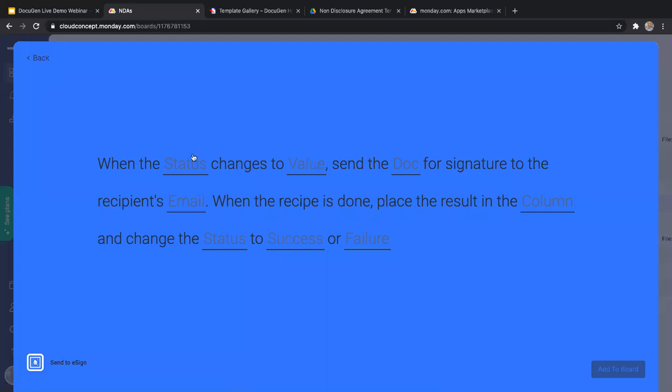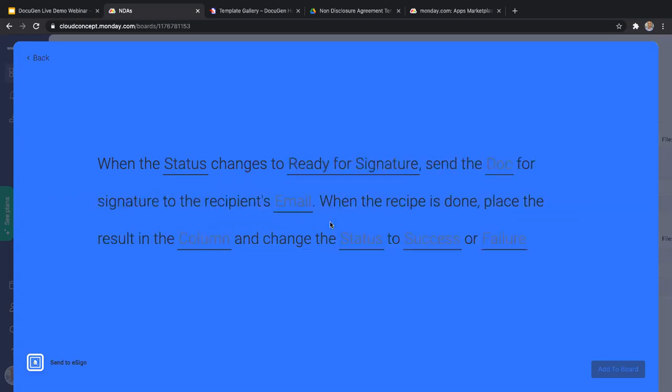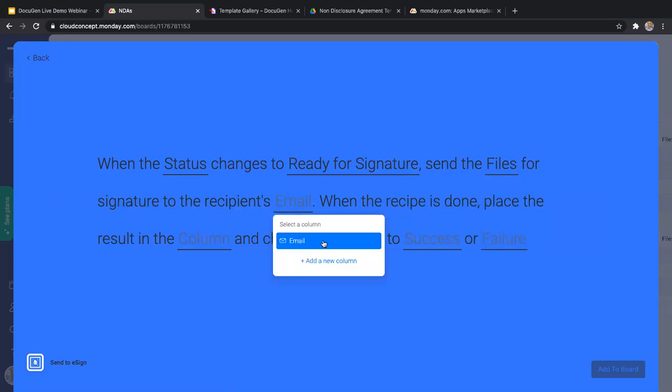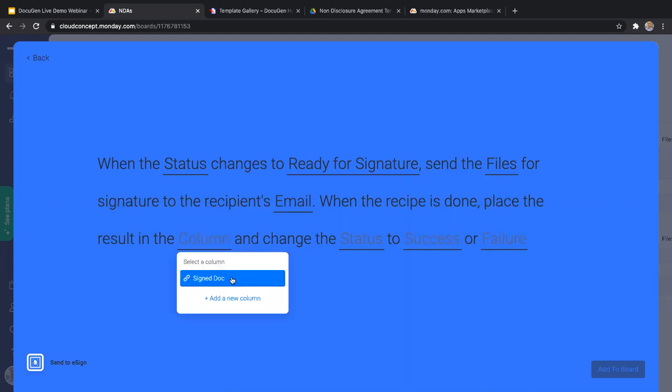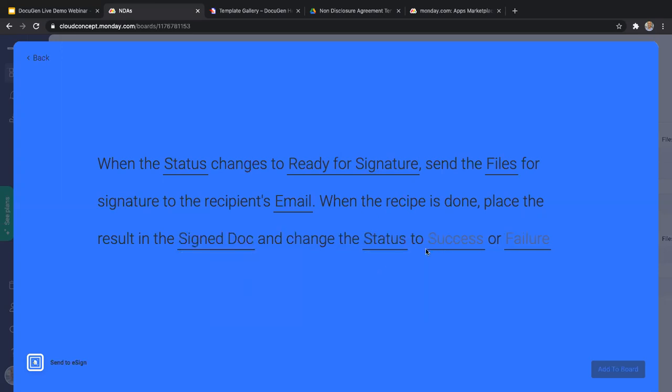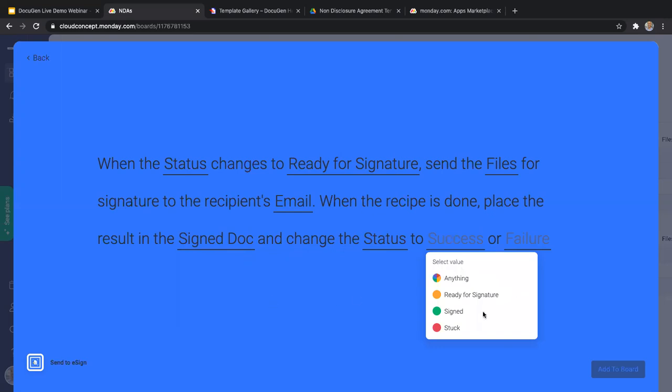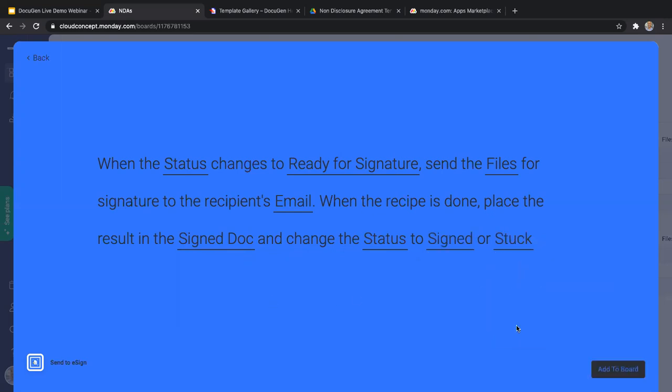So what's going to happen is I'm going to fill in every parameter. When the status column changes to ready for signature, I want to send the document that's saved in the files column for signature to the recipient's email, which comes from the email column. When the recipe is done, place the result in the signed doc column. It has to be a link column. That's how OP Sign works. And then change the same status to either success, so signed, or failure, which is stuck. So it's quite a few parameters to fill in, but that's all you need to do. And I'm going to add it to the board